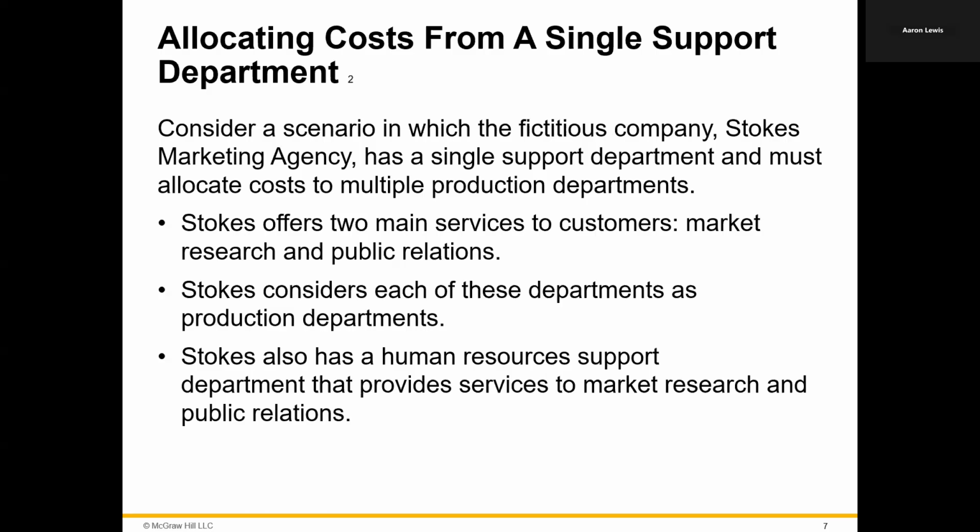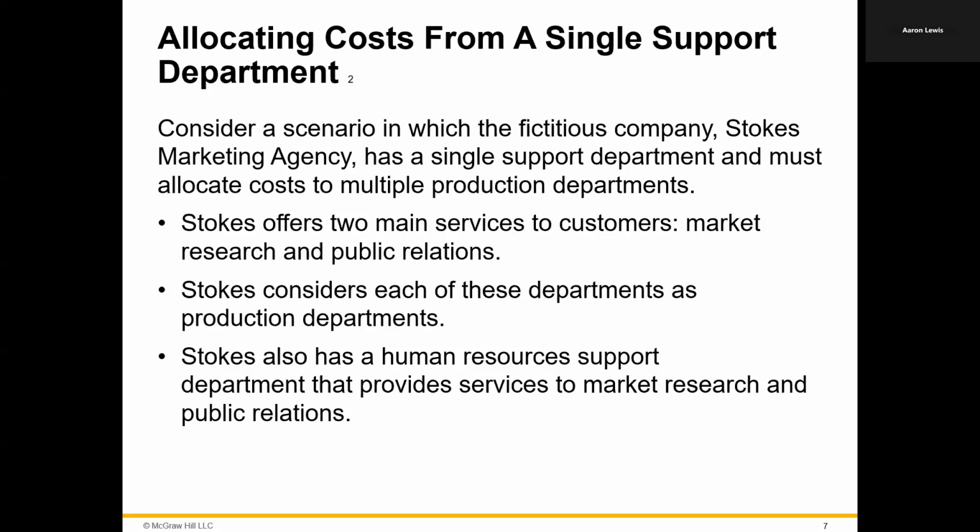I think this works better as an example problem. So let's do one here for Stokes Marketing Agency, and they're only going to have a single support department. They have two services they provide to customers. They do market research and they do public relations. Well, we've got to figure out how to get the cost of their singular support department into those two main